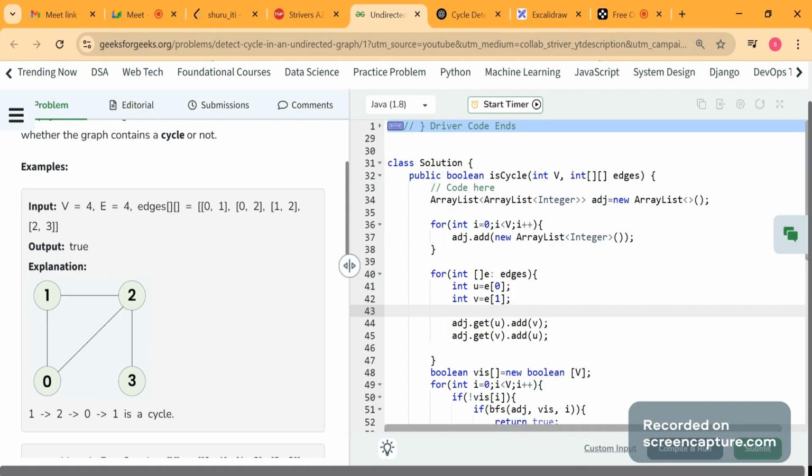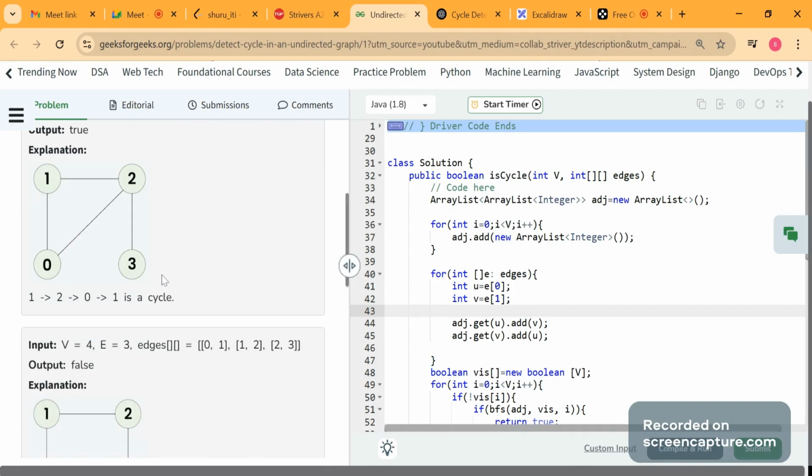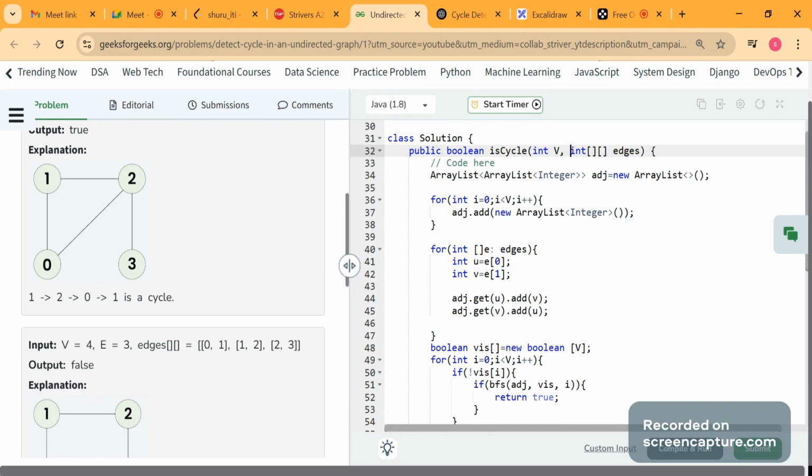Okay. So see, in this graph, we are given only one component, right? This is basically one component, but there can be other components as well. So that's why we will use the concept of connected components also in this code. We are given the adjacency matrix. You all know this, but in this code, it's easier when we are given the adjacency list. So that's why we are converting this into an adjacency list.